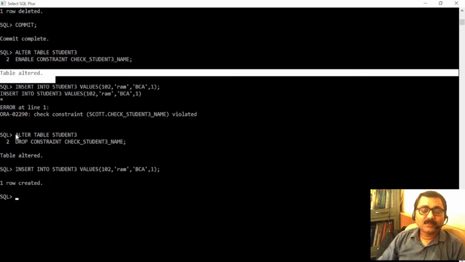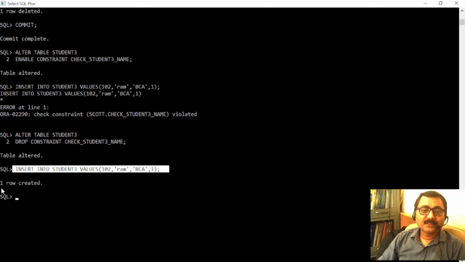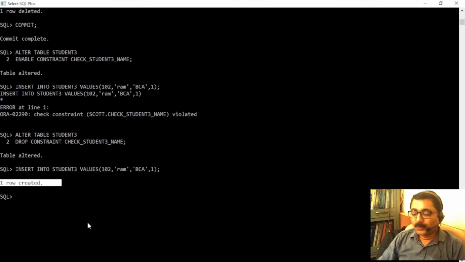Then I tried to drop the constraint, and after dropping, I checked that the constraint is dropped. I tried to enter a lowercase name. What happened? I was able to create. So I hope as of now you are comfortably able to learn how to create a check constraint with the create table command, or how to add a check constraint with the alter table command, how to enable it, how to test whether it is enabled or not, how to disable.